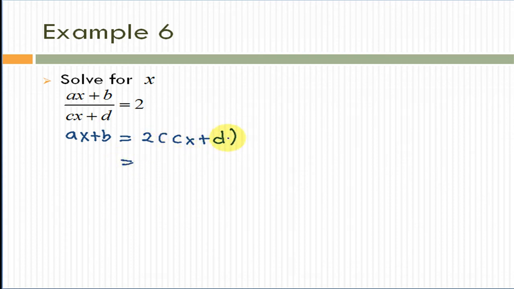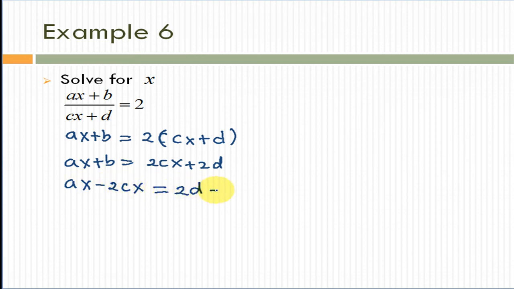Okay, let's expand the right hand side. Okay, so this is parentheses and that's a c. 2cx plus 2d is equal to that. ax plus b. Collect all the terms containing x. So move this here and move b to the other side to get ax minus 2cx equals 2d minus b. Now each of these terms has x on it, so we can factor x out. x times a minus 2c